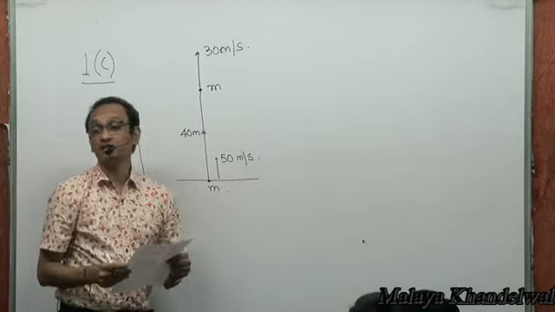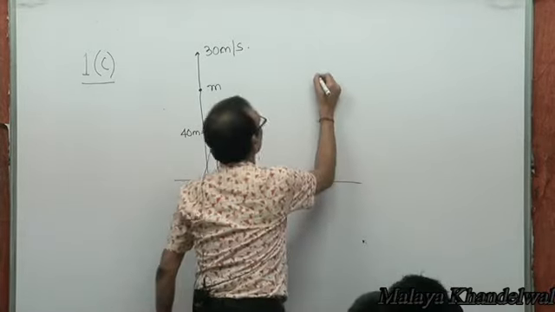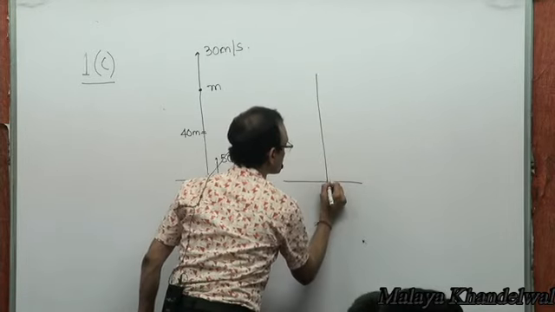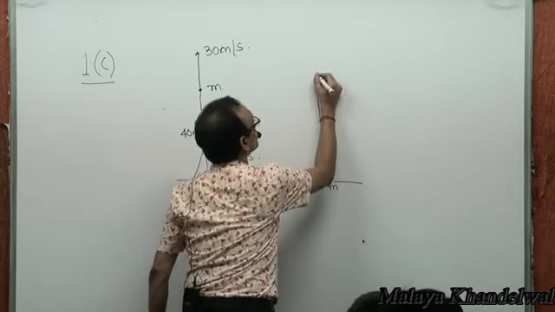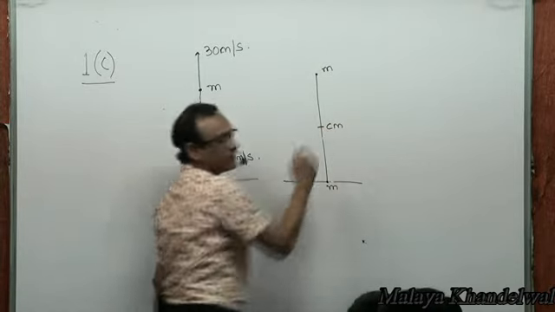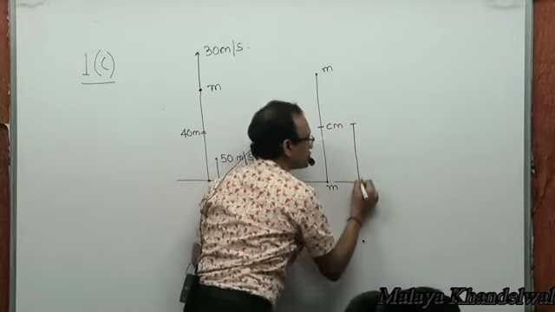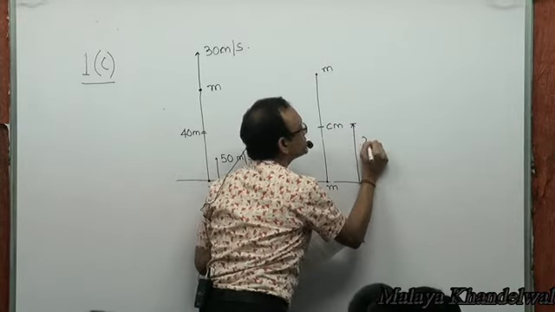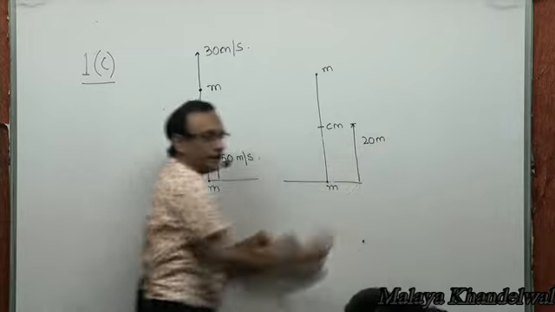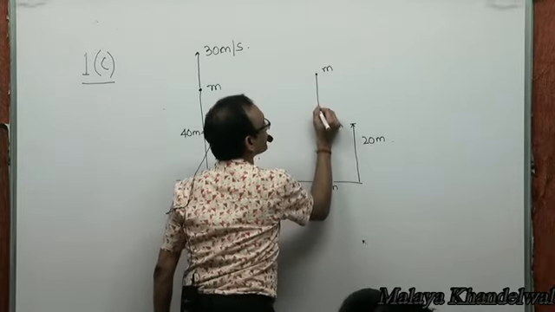Find the maximum height attained by the center of mass. Now, these are equal masses, right? So, the center of mass of these would be halfway between the two. So if this is 40 meters, the initial height of the center of mass is 20 meters, right? The velocity of the center of mass initially,